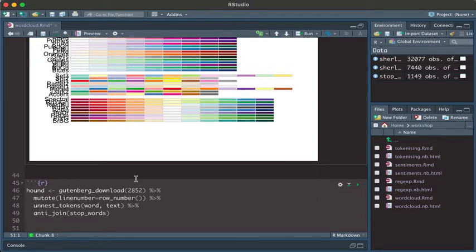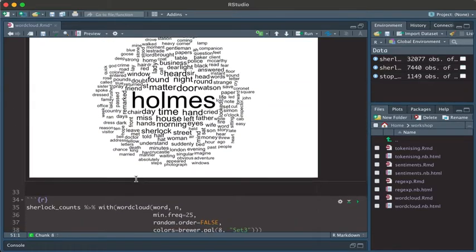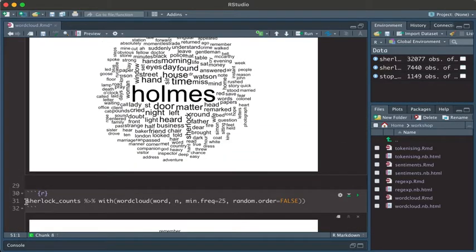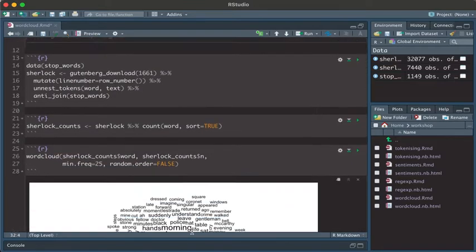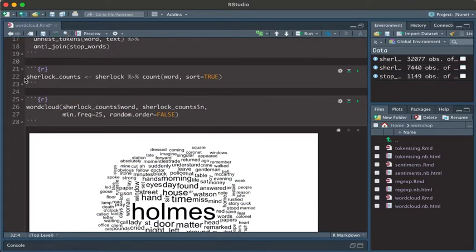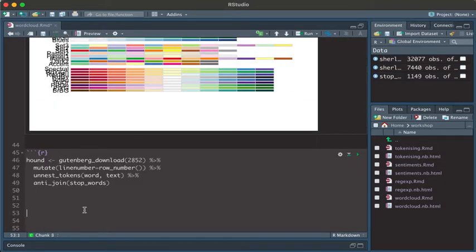And then once we've done that, we're now going to basically create the count. So again, we're going to copy and paste it from the counts. So in this case, I'm going to do this with hound counts rather than Sherlock counts, because this is now counting the Hound of the Baskervilles. Let's do hound counts will be from the hound tibble. And then finally, the last thing we're going to be doing is creating the word cloud